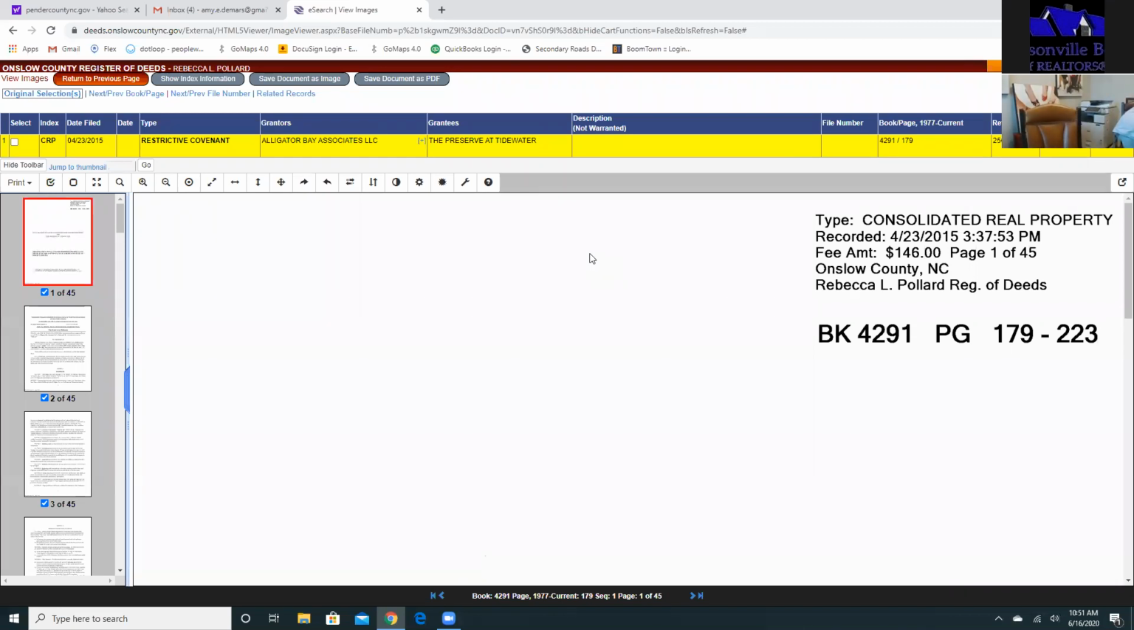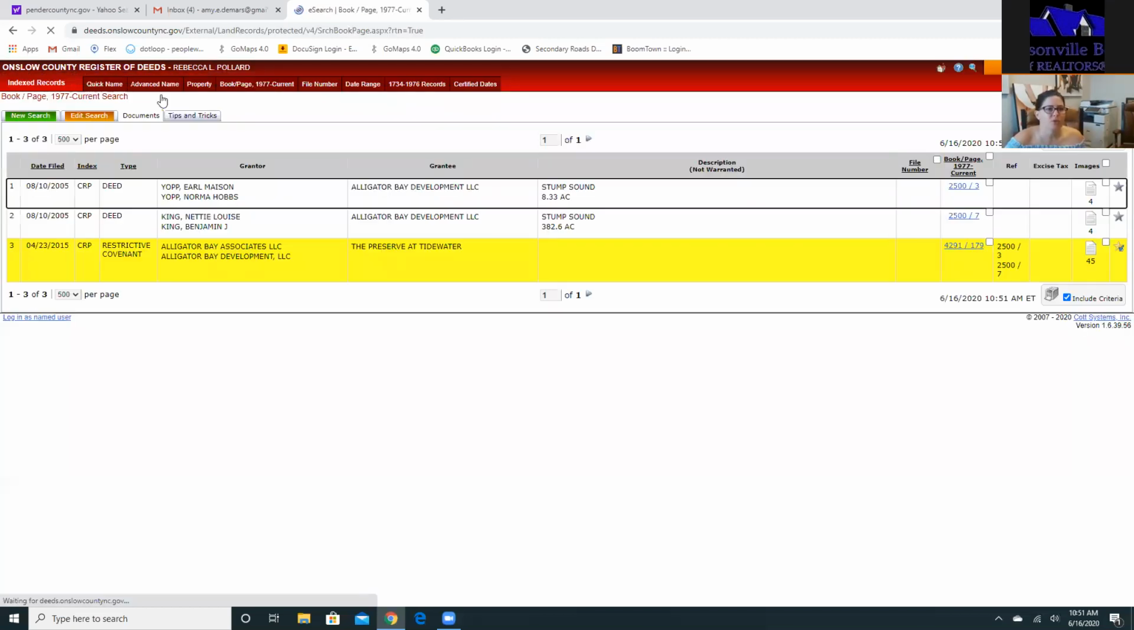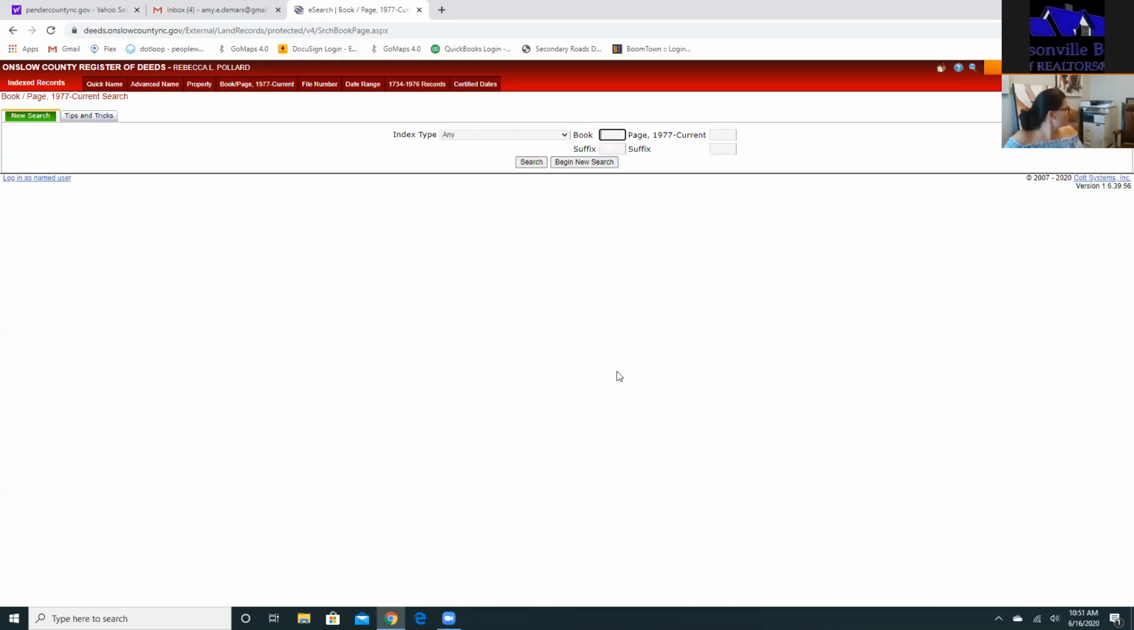Okay, so we talked before about when you get to the point where you have older listings. So we're going to go back here. So we're returning to the previous page again. And let's say that we have, again, book and page numbers. And I went in here and I looked up